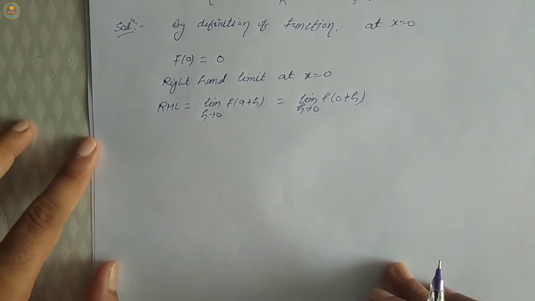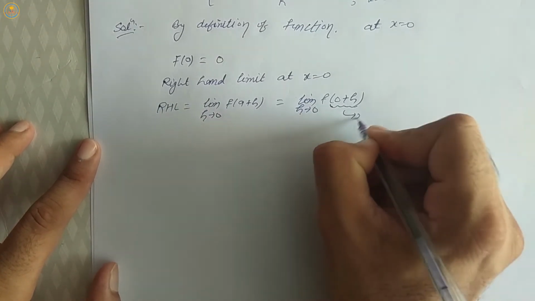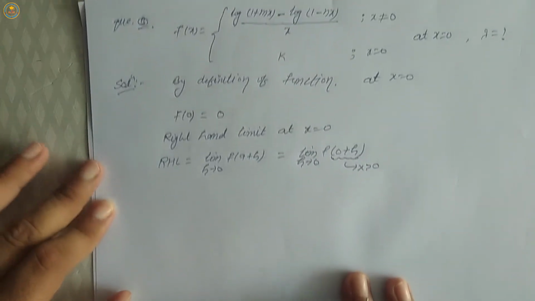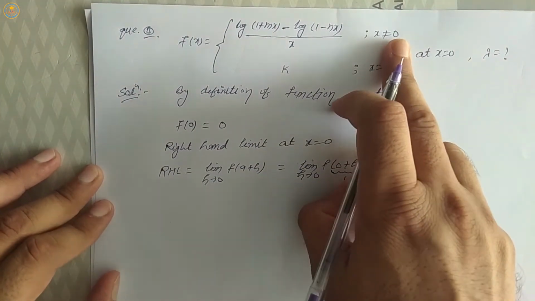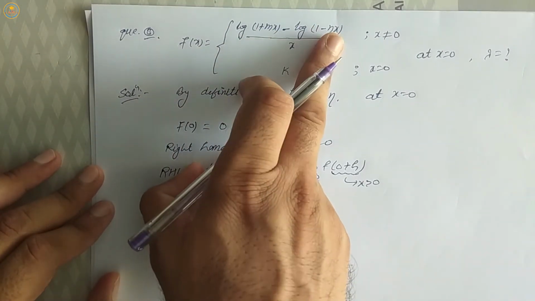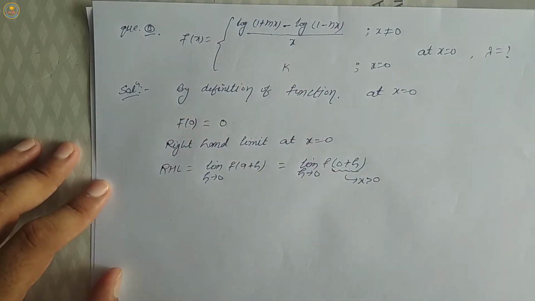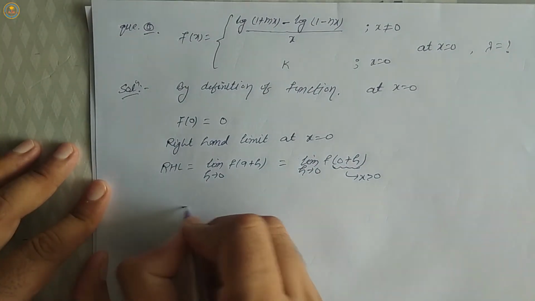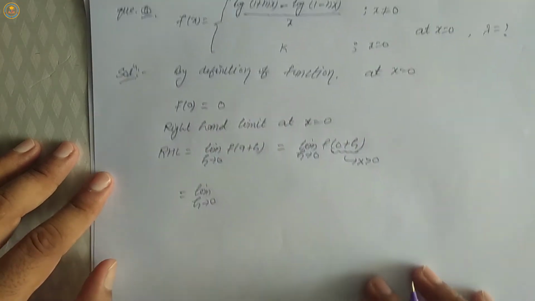f(0 plus h) means x is equal to 0 plus h, which means x greater than 0. When x is greater than 0, it means x is not equal to 0, then the value of f(x) is equal to log(1 plus mx) minus log(1 minus nx), all by x. So x is equal to 0 plus h, which is h. Putting the value of x in the function f(x), the limit h tends to 0,